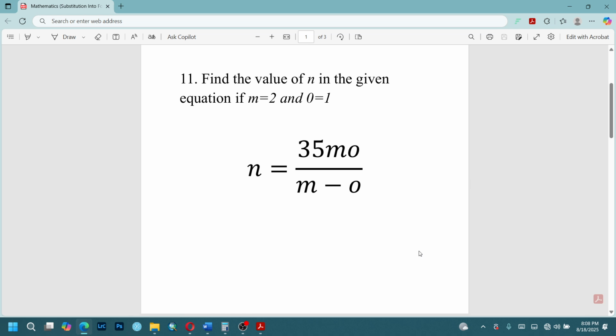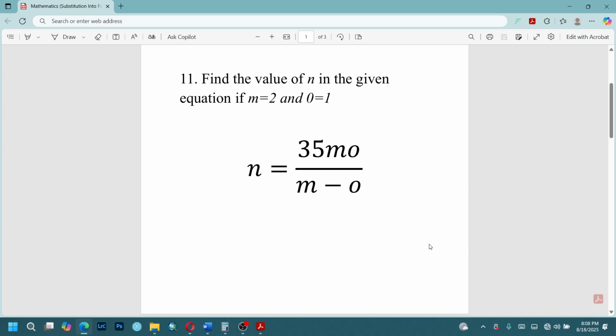In today's series, we would be solving a practical substitution into formula question in mathematics, right? So this is series 11. So let's quickly delve into it. So the question of the day is find the value of n in the given equation if m equals 2